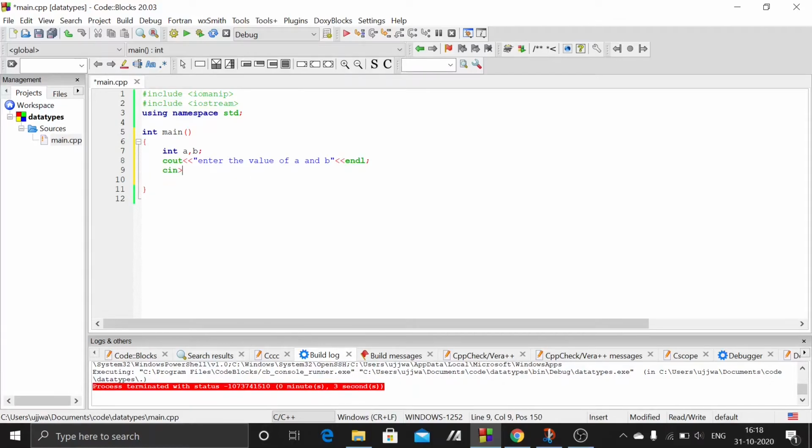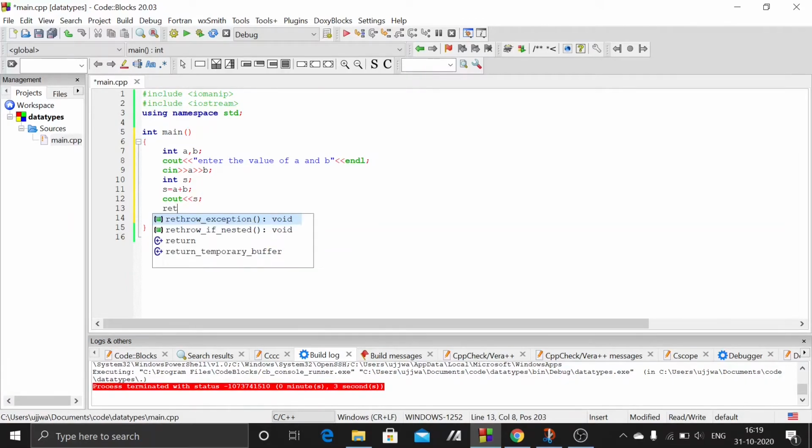After that, with the cin command, we will get the value of a and b from the user, and we'll take another variable s and store the value inside the s variable, that is s is equal to a plus b. So when we display s, we can see we will get an integer value back.